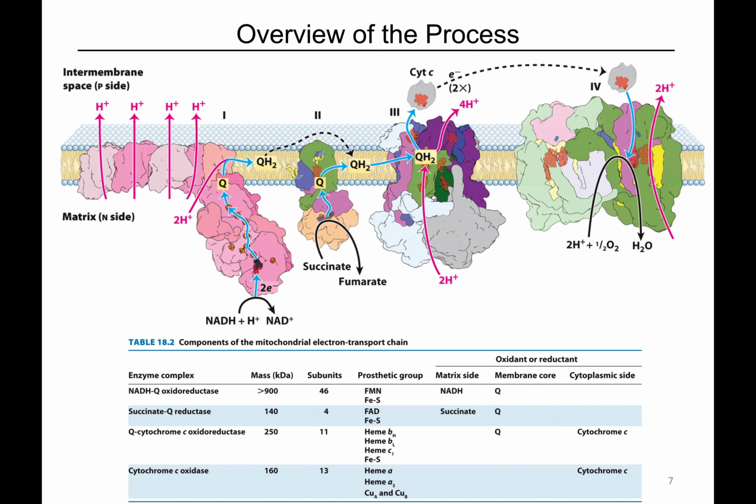Complex 3, we have several heme groups. We have a heme BH, a heme BL, and a heme C1. We know hemes are porphyrins with an iron in the middle. And then we also have an iron sulfur cluster. And finally, complex 4, we have a couple of hemes and a couple of copper sites. The theme here is that all of these are either organic carriers of electrons like flavin, right? We know we can reduce flavins, or they are cofactors that contain metals, copper or iron. Copper and iron are two redox active metals in biological systems, right? Those are really the only two that are easily oxidized and reduced within the constraints of the cell.